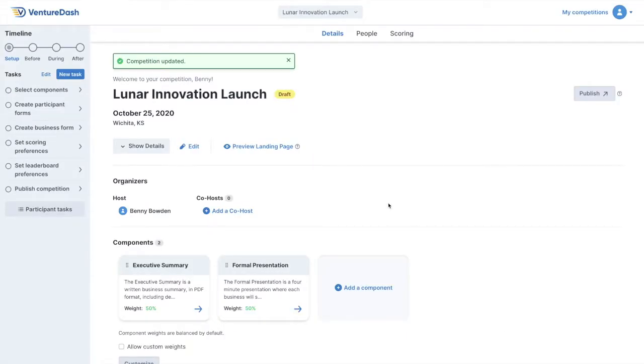One of the first things you'll see once inside your competition is the competition timeline. Default tasks of the competition timeline are your step-by-step guide on how to create, host, and run your competition. When you click a default task on the timeline, it should go to the place where you complete that task